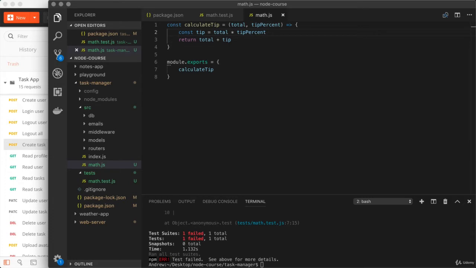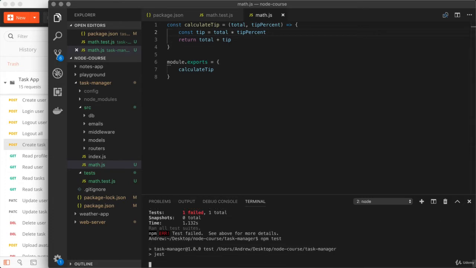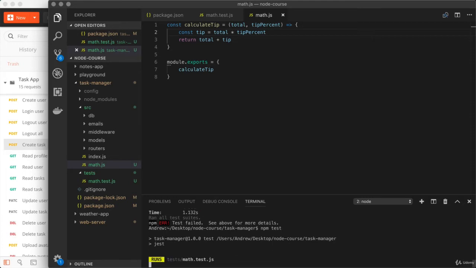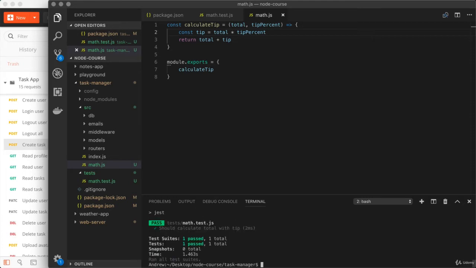Now we could go ahead and rerun the test suite just to make sure our test case is passing once again, and if it is, we'll have confidence knowing that our code is working as expected and it's correctly calculating the tip. Now with this in place, I want to head back over to